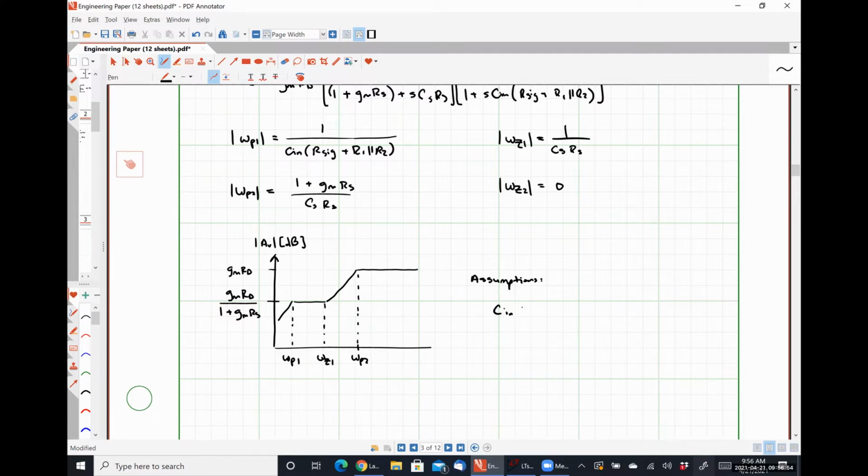My input capacitance Cn is much greater than my degeneration capacitance CS, and my input resistance R sig plus R1 in parallel with R2 is much greater than my degeneration resistance RS. So effectively, we should see the lowest frequency pole at the highest value capacitance. But it does depend on the resistance as well. So what I have done